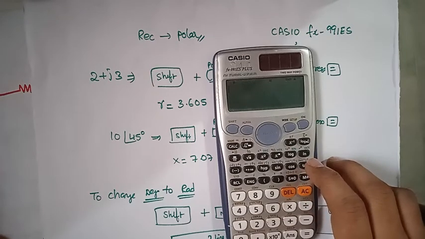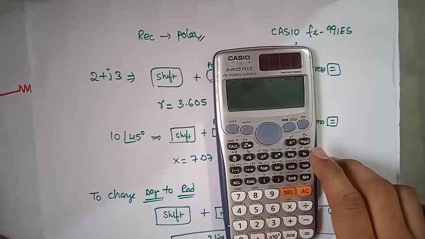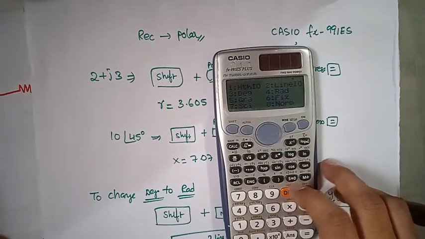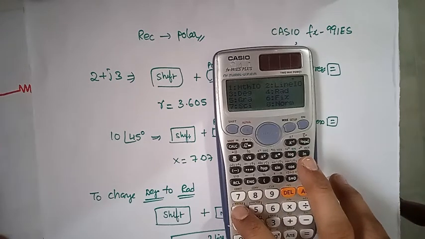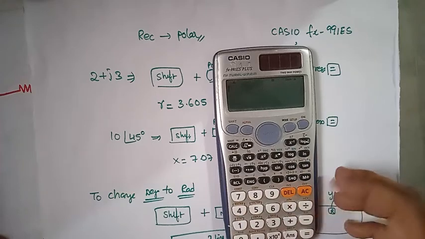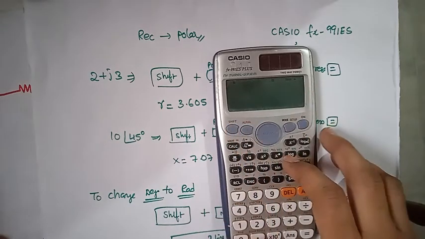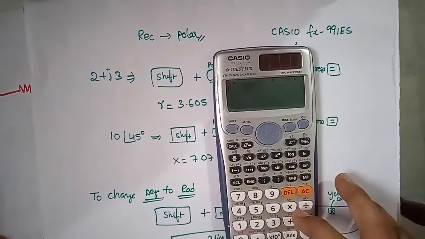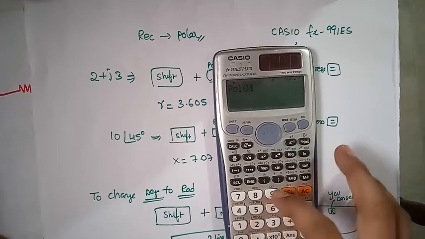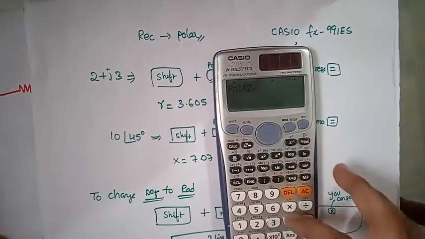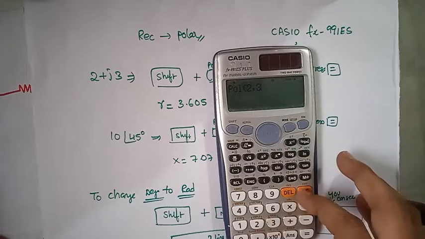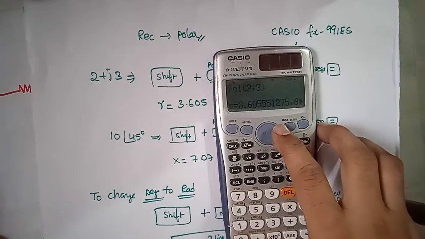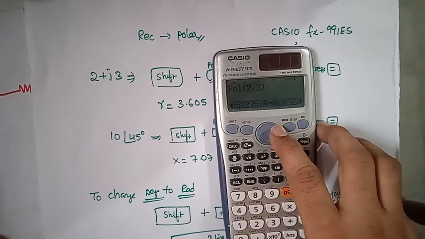Now how to convert degrees to radians in a calculator? You have to press Shift and press Mode. Now I can select 4, converting degrees to radians. If I use the same formula, for example converting rectangular to polar form, that is Shift Pol of 2, Shift comma 3, and close the brackets. Now if you press equals, you can see r is the same, 3.6, but theta you are getting in